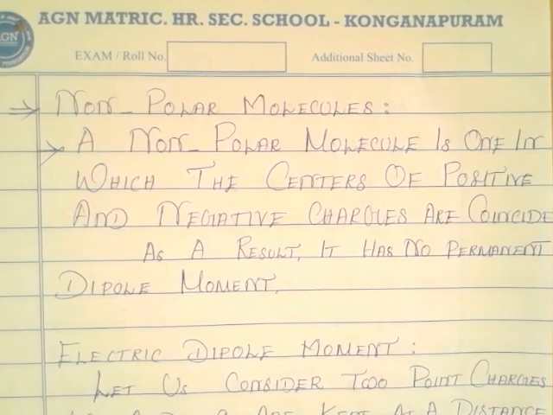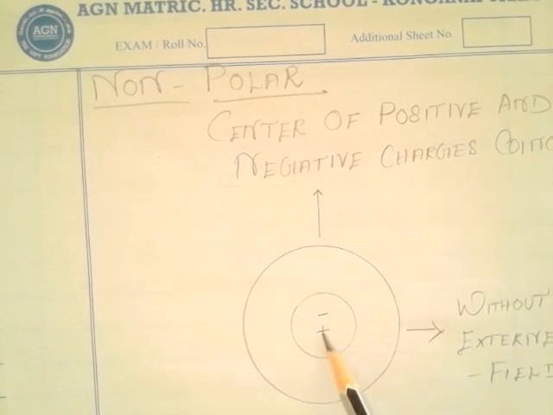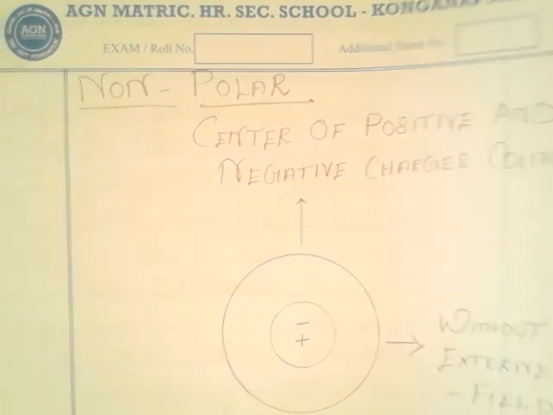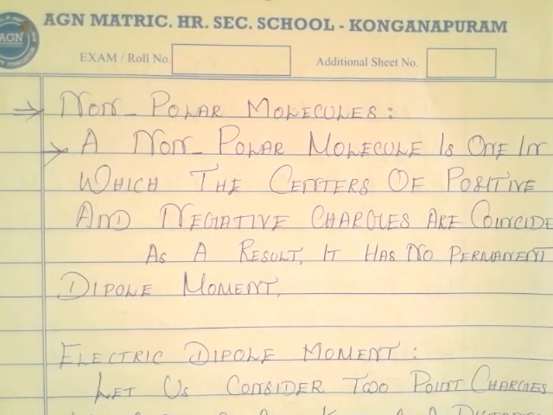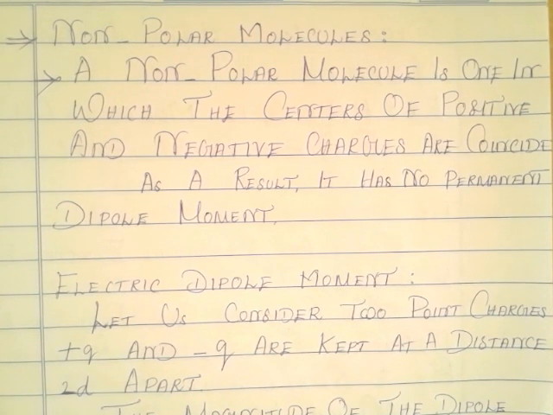What is meant by that? In case of non-polar molecules, the center of positive charge and the center of negative charge coincide with each other. That is why the non-polar molecules have no permanent dipole moment. Before learning about the reason, we want to remember the